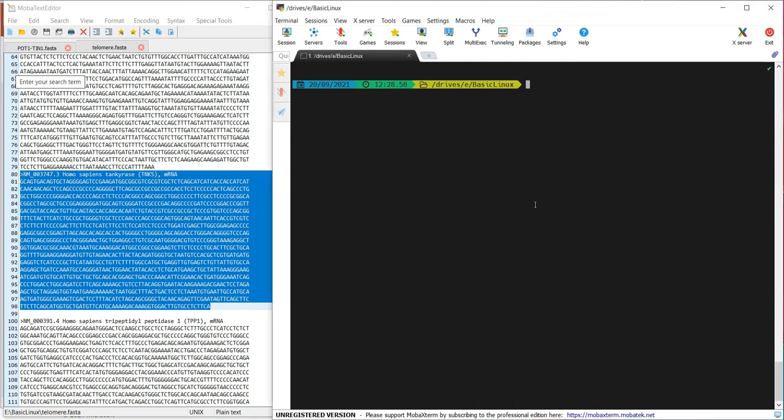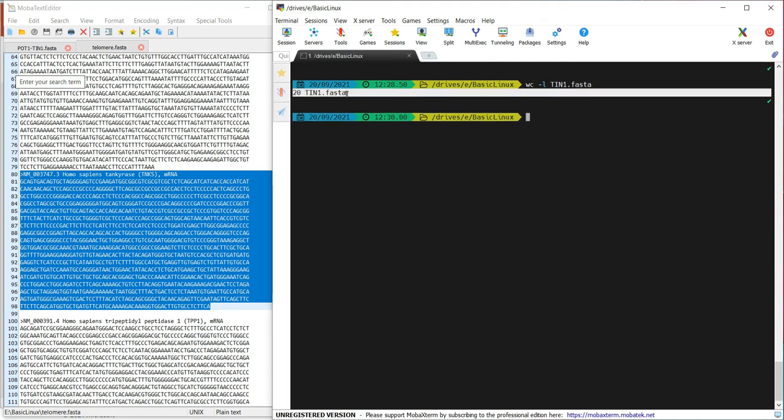Now if I want to see the number of lines in the tin1 file, then I will say wc -l tin1.fasta. Now if I press enter, it will show me the total number of lines in the tin1.fasta file.